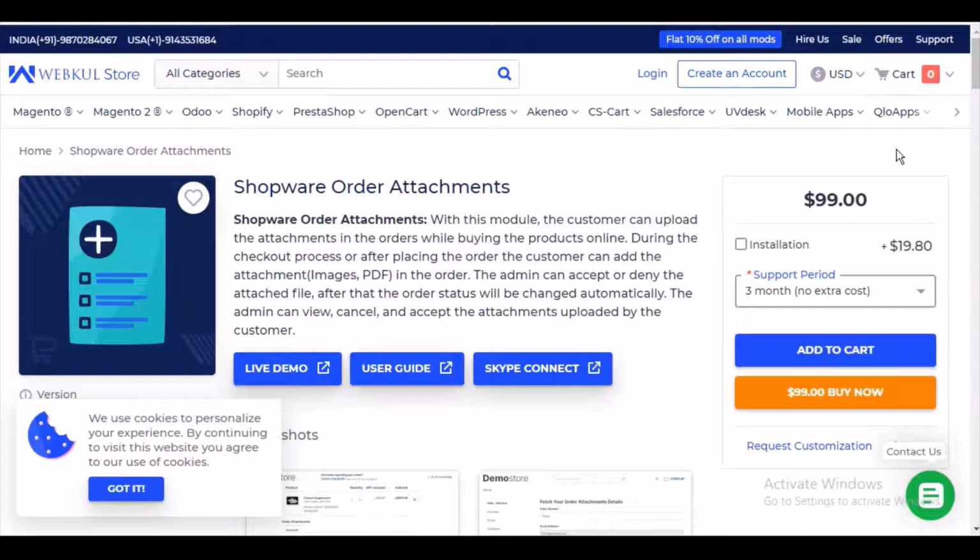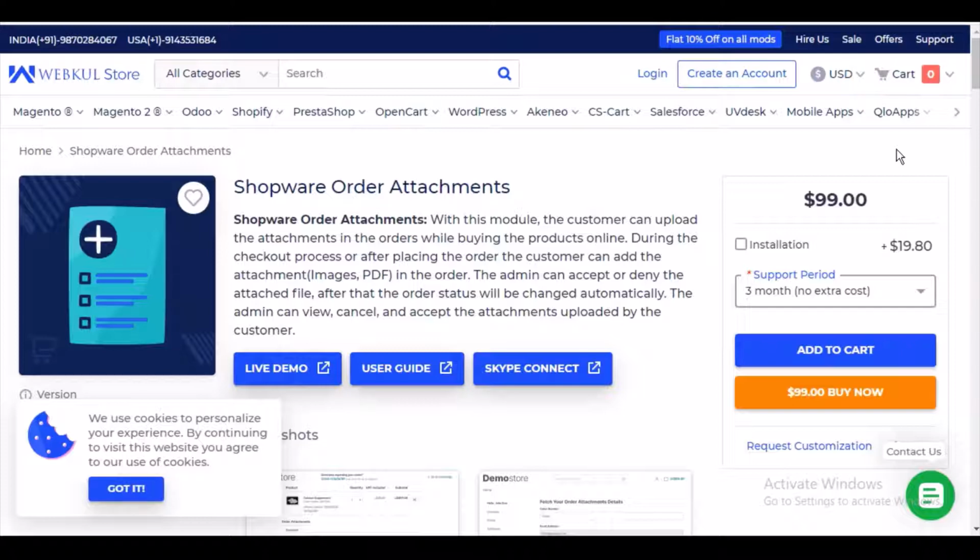Now the admin can accept or deny that attached file. After that the order status will automatically be changed, and the admin can view, cancel, and accept the attachments uploaded by the customer. Talking further in more detail about the features of this module, the customer would be able to add multiple attachments, whatever the number that admin has allowed to be attached during placing an order for that particular product.